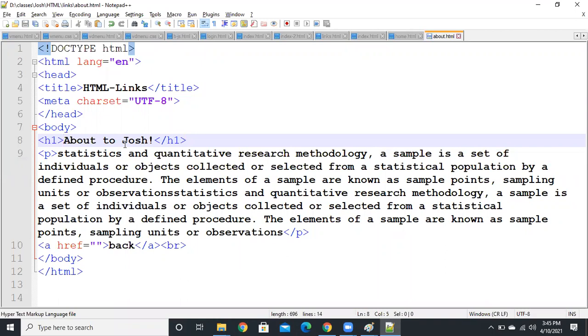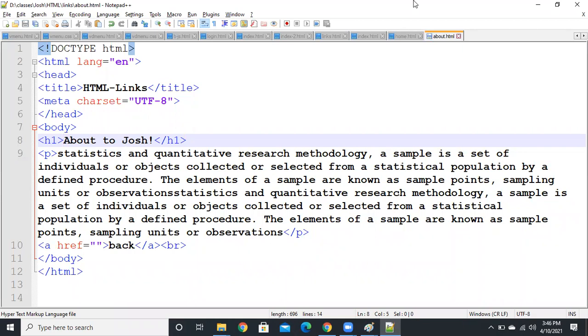One is index.html, in which I created only links: home, about, services, and contact. Next, I created home.html, with one heading, one paragraph, and one back link. And I created about.html with similar content and one back link.